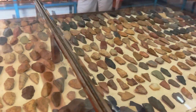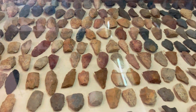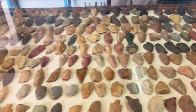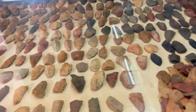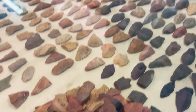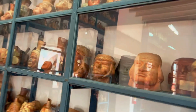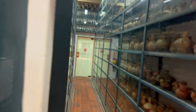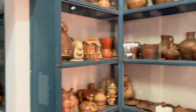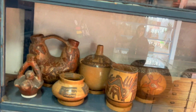Tools. I took some anthropology in college, and I remember Homo habilis, the handyman. I think Homo habilis was before Homo erectus, and these were the tools that the handyman made. This is amazing, guys. Rooms and rooms of pottery that goes back to